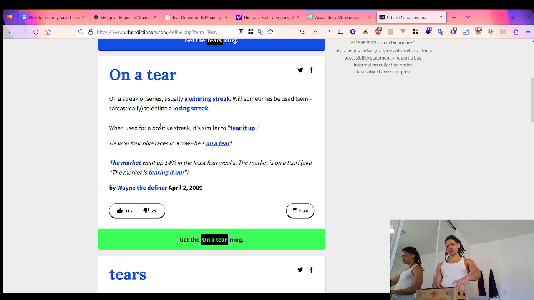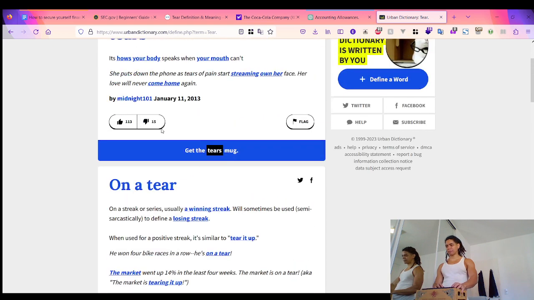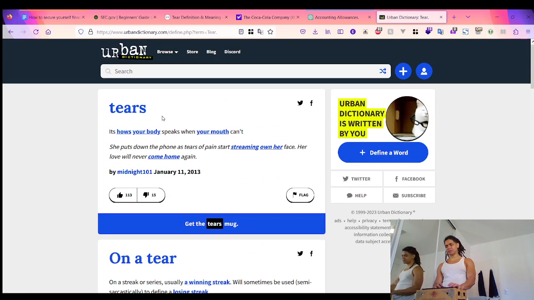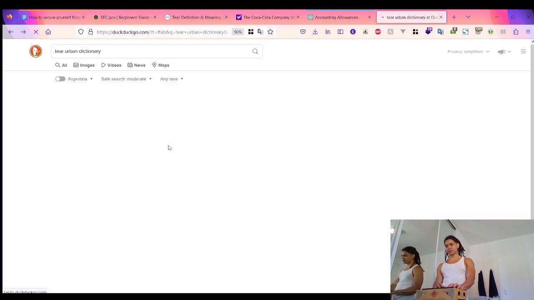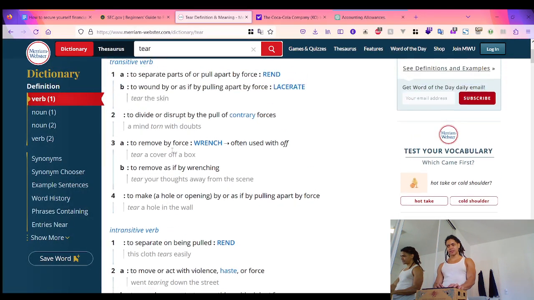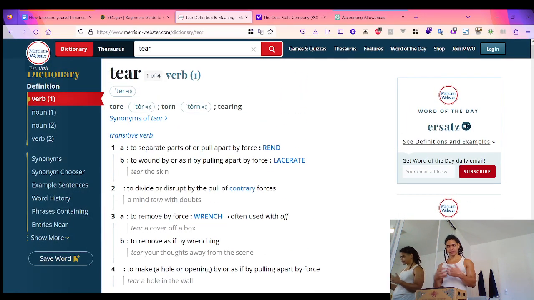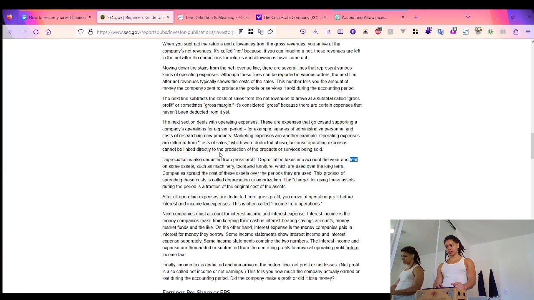The market went up 40% in the last 4 weeks. The market is on a tear, and here the market is steering up. Okay, tear it up. Interesting. So tear, after all this, means to pull apart, to separate, wound, divide or disrupt. So depreciation takes into account the wear and tear of some assets. Tear down, tear it down,